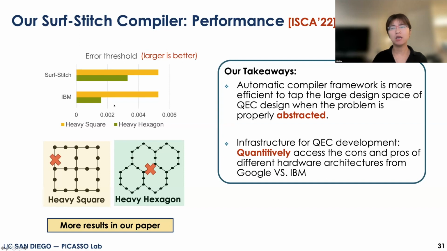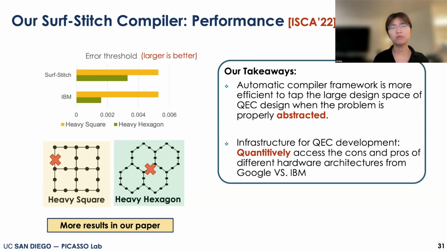Our insight here is that the heavy hexagon is very much like the 2D lattice structure. That's why human beings can easily explore the design space when the design space is small. But for the heavy hexagon, because it's very different from the 2D lattice structure, it actually involves a large design space. My feeling is that when there's a larger design space, human beings cannot do it very well, so we need to rely on a compiler to do an automatic search. That's why I'm saying human beings should focus on abstraction while letting compilation tools do this kind of search automatically for us.